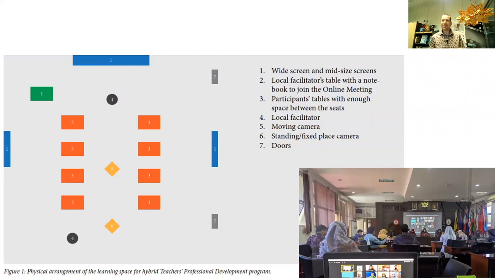But my colleagues in this example in Indonesia were very well prepared, and they already had an online hybrid classroom provided, which means that there were arrangements in the room: a wide screen and also mid-size screens on the sides.